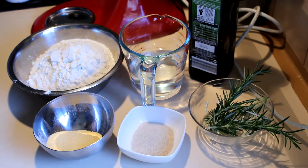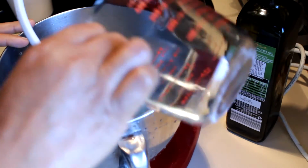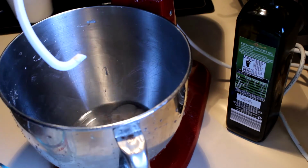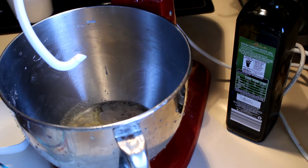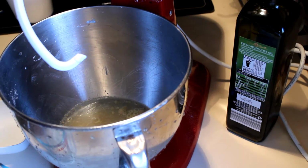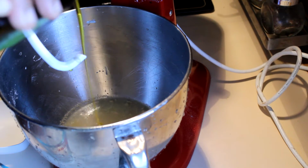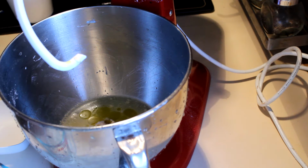So to start this, into the mixing bowl I'm going to add the warm water and the yeast, and then add the semolina and mix that well with some sugar, which I forgot to show you. I have 1.5 teaspoons of sugar, and then I'm going to add nearly 3 tablespoons of olive oil into this mix too, and mix this using a whisk